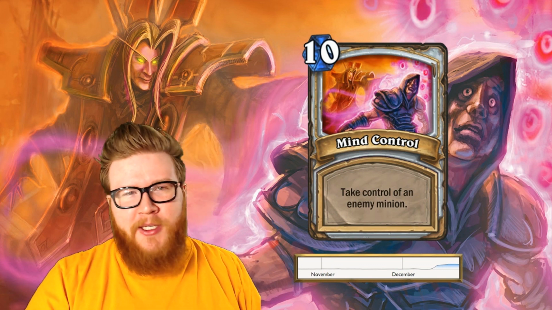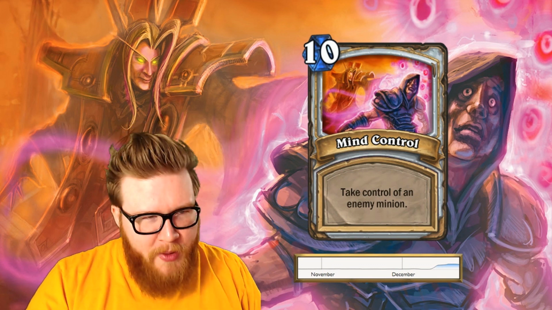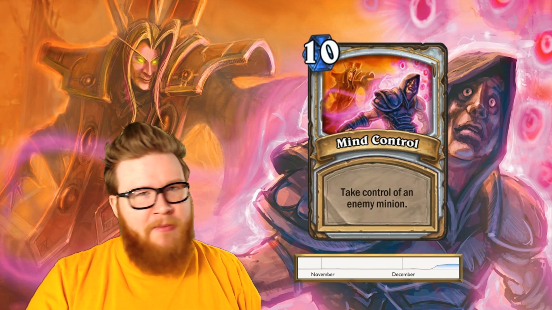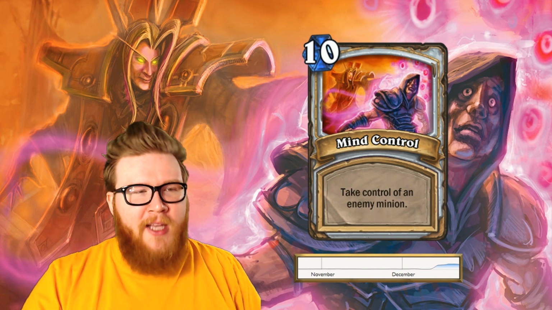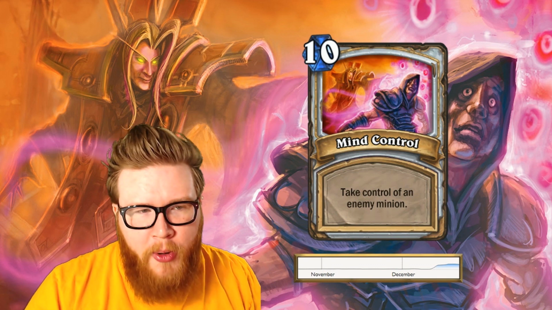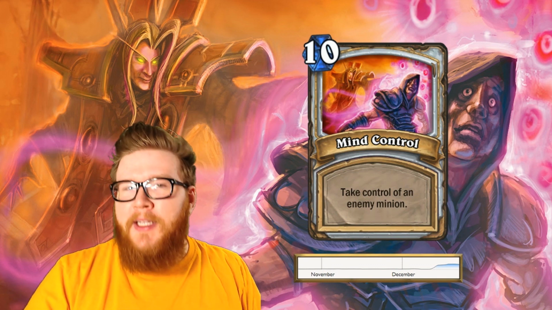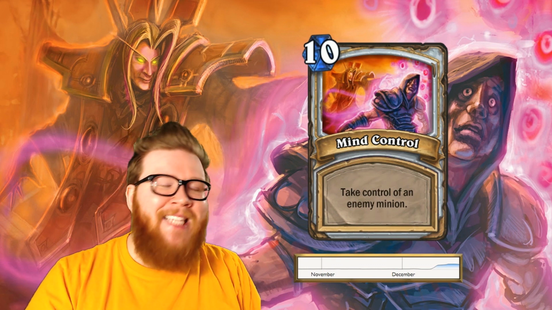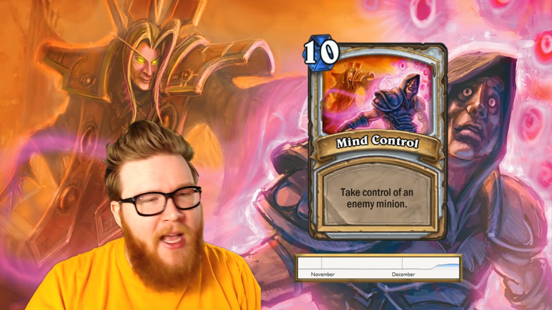But at 10 mana, it's just always been too slow, and maybe it would be a one-of very occasionally in some very control-heavy priest lists, but that's not something we've even seen in a very long time either. So this card is, as you can tell from the chart, pretty much all but forgotten until a little after the Kobolds and Catacombs expansion release when a deck called Satellite Priest by a guy named Satellite started to show up,